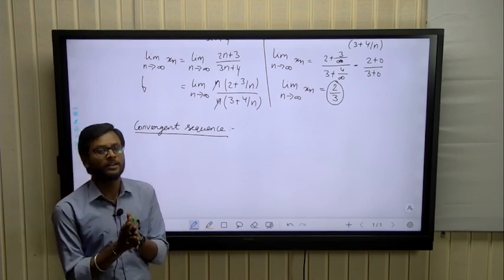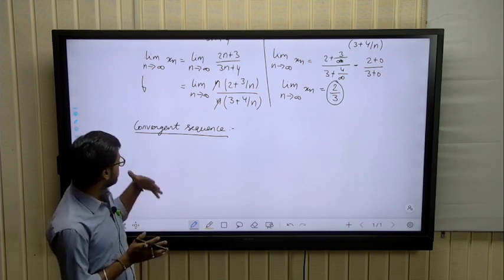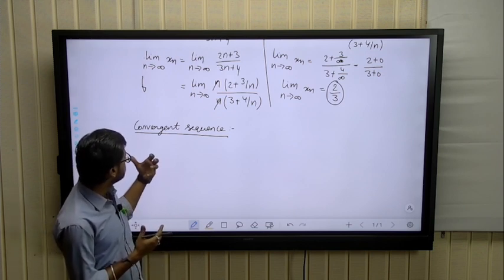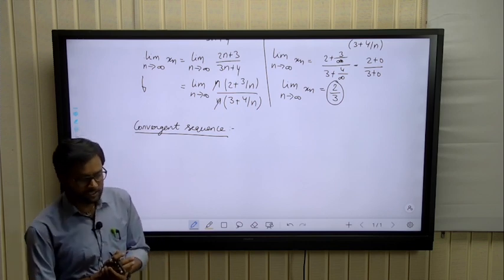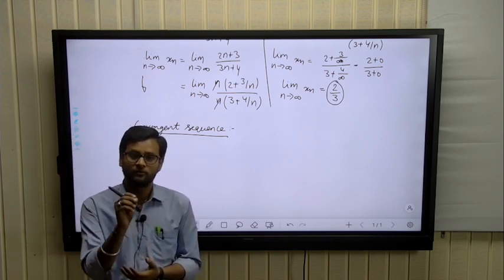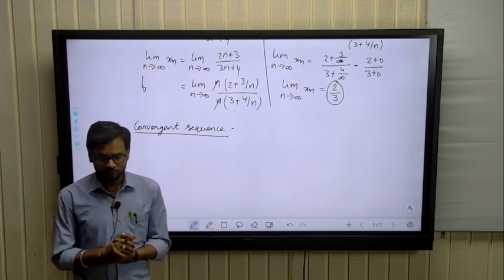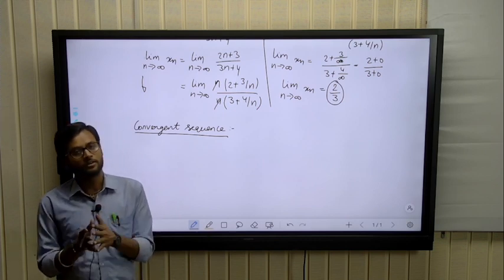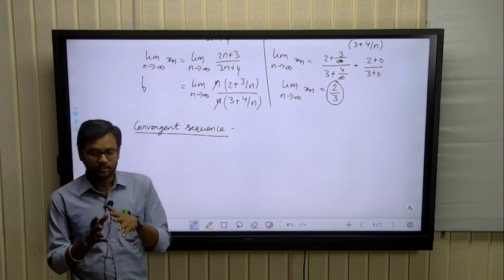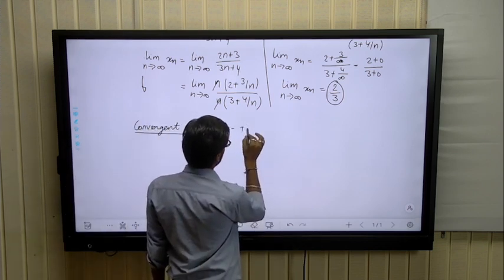What is the mathematical definition of a convergent sequence? First we discuss the convergent sequence in a general manner. Basically, a convergent sequence is a sequence which has a finite limit. Again I repeat, a sequence which has a finite limit is called convergent. Okay. The mathematical definition is, if a sequence